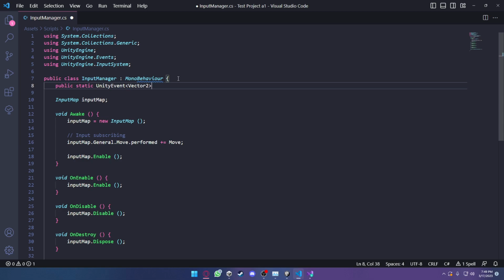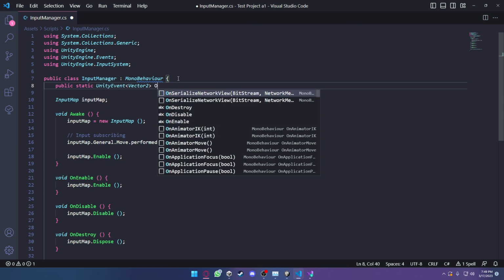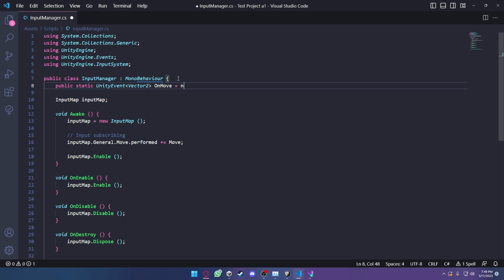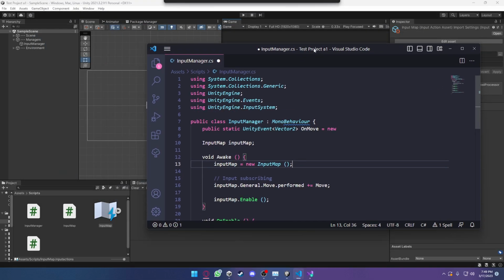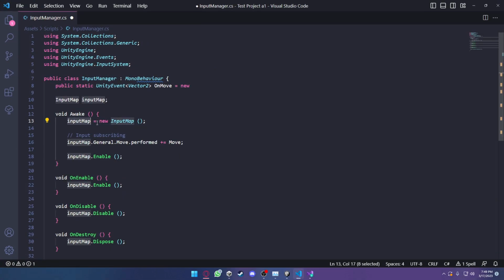Now we can give it a name. And the convention is to do on something. So on something called, on move, on jumped, on UI updated, stuff like that. So on move, makes sense, equals new. So it's similar to here, new input map. And this is a constructor. This is a class, input map that we made, or that was made for us. And doing this, you basically make a new one to use in our script. And just like that, we're saying this Unity event class that Unity made, we want to make a new one for